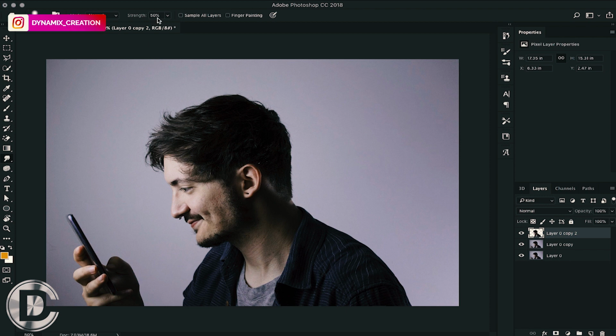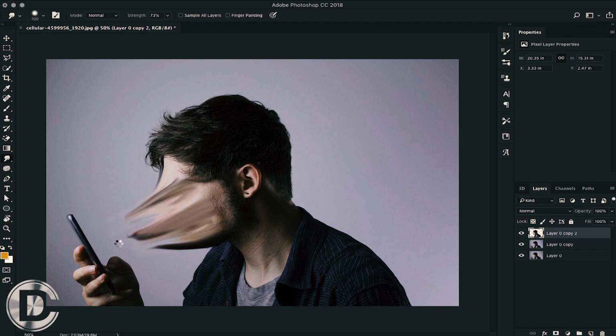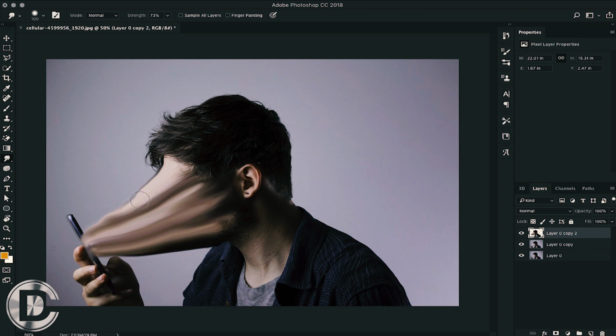This tool acts as a brush, so you can change its strength or even you can change its size. So trying with the strength 50, this strength is too low for me because I have to cover a long distance. So I am increasing its strength, and also I am resizing the brush from time to time just to make my smudge look more perfect. Make sure to use your smudge tool in one direction so that you can see a one directional flow in your image. And also keep in mind that we are smudging the layer which is already masked.